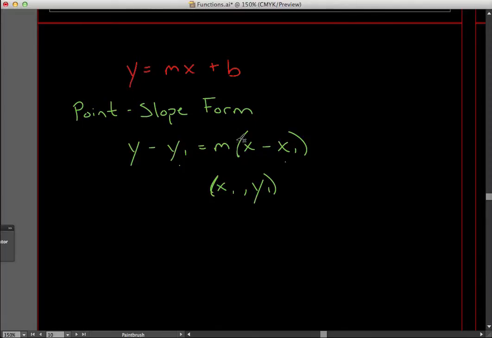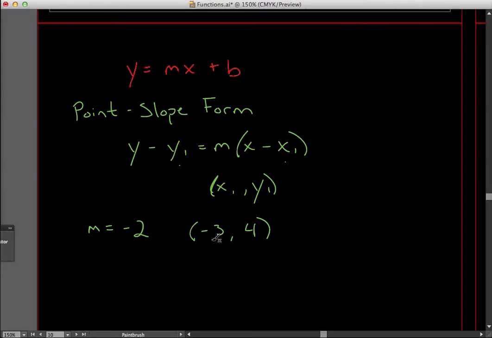So point slope form, as you may have already determined, is used when you have a point and the slope of a line. So when you know the slope and at least one point, then you can use point slope form. If you're given that a line has a slope of -2 and the line passes through the point -3 comma 4,